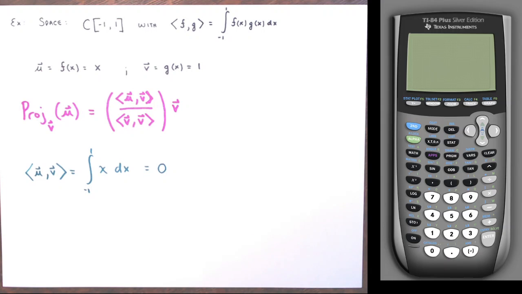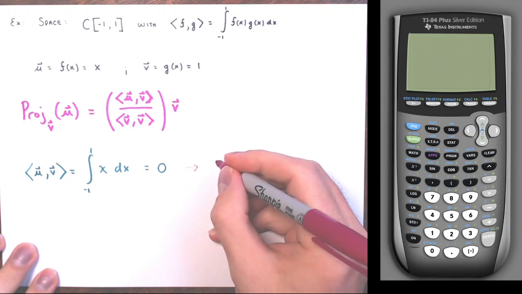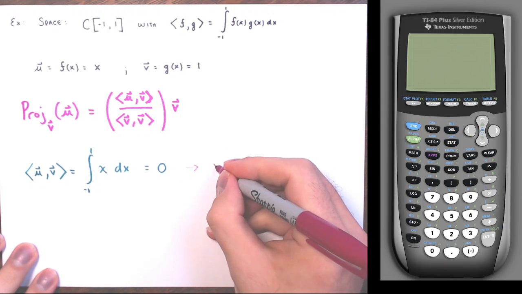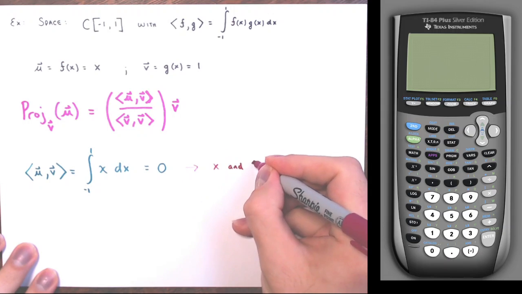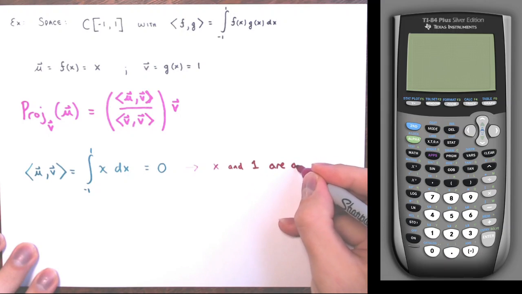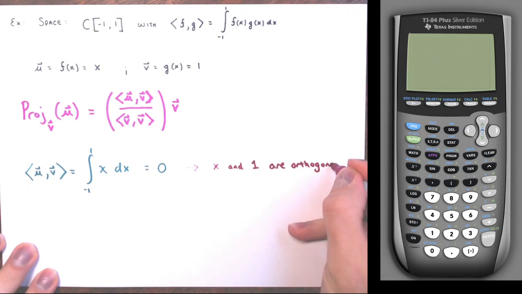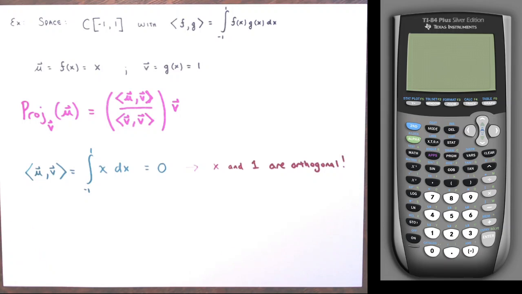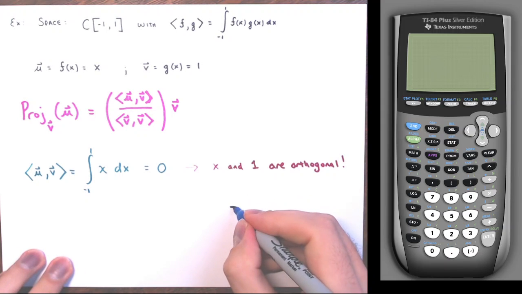So the orthogonal, that means that these vectors 1 and x are already orthogonal. This tells me that x and 1 are orthogonal already. So if we think about this, I know you can't visualize C from negative 1 to 1, but if we think about it, if you have two vectors that are orthogonal already,